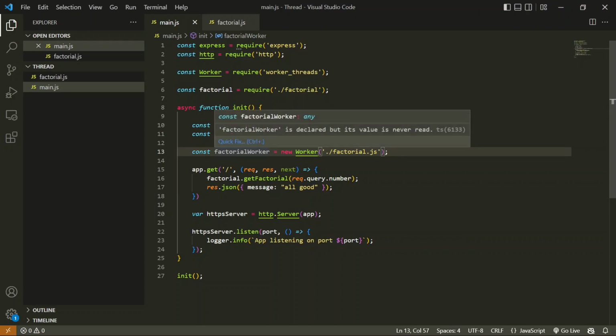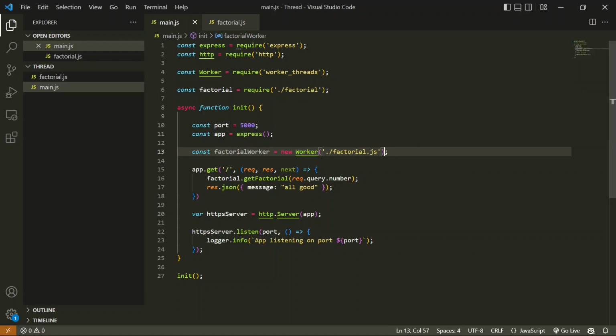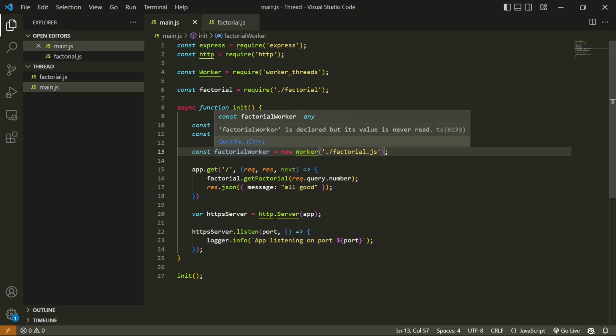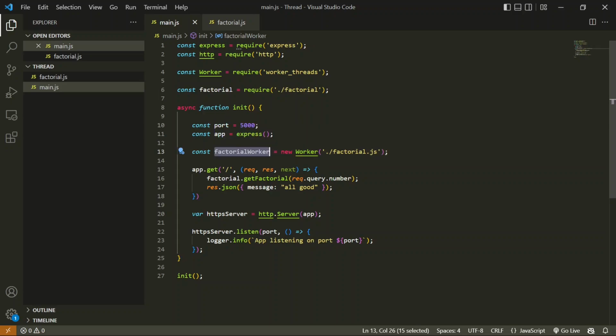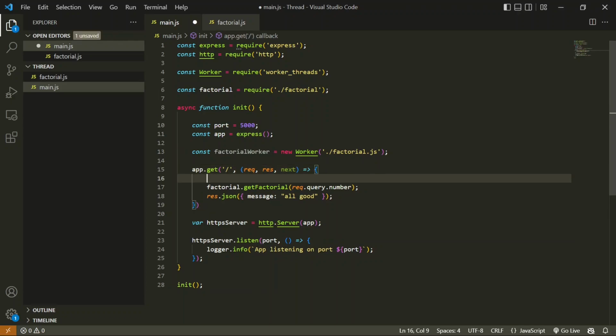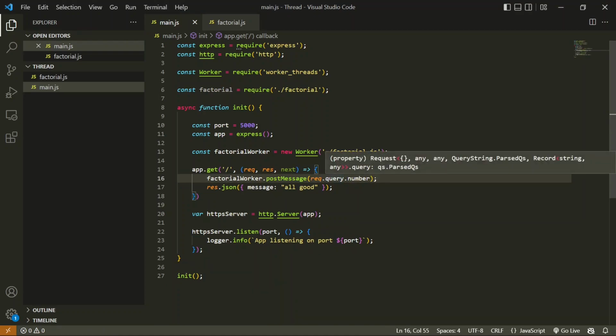All we have to do is pass data between this worker thread and the main thread. This file will be running in our parent or main thread, and to pass data to the worker thread we have to use the postMessage method. If we want to pass some data to a worker, we can simply do dot postMessage, and this will pass a message to the worker. Here also you can simply pass this number to the worker thread using postMessage. So now we have passed this value to the worker thread.